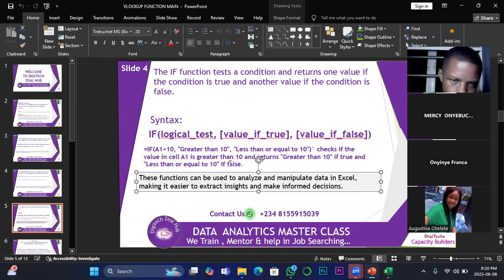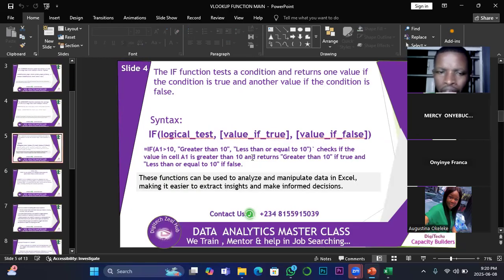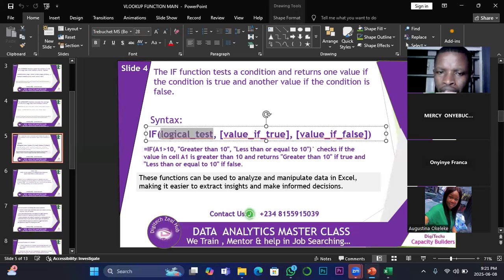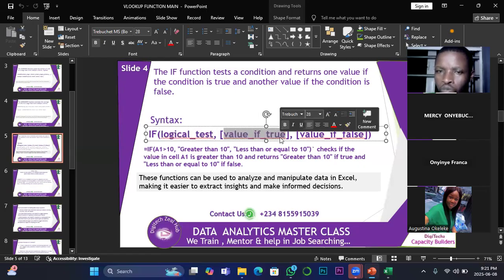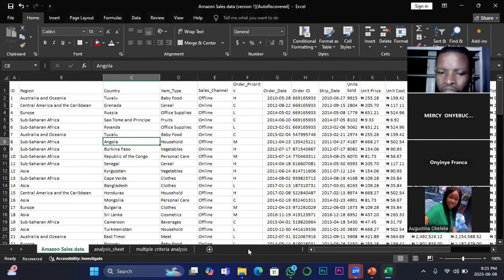Now, let's quickly go for the application. But before that, let me see if there's any other place. Okay, no, this is the next topic I'm coming to. So we only have three parameters to supply, the logical test, the value if true, the value if false, just that. Now let's go to our data and answer a valid question with this